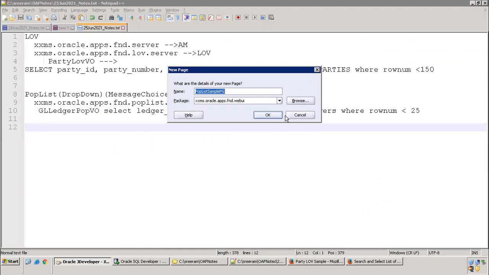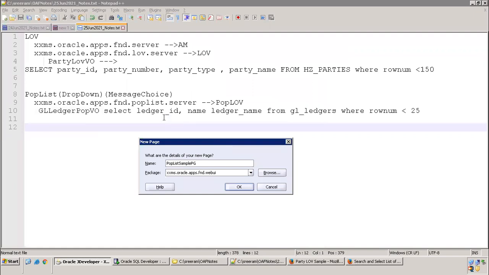No, for this page we have to use the poplist package, right? No, the poplist package is for the purpose of the LOV component, VO component, not for the page. Yeah, even previously I was assuming that the same package continues for all. For this one, that package is only for the LOV purpose.